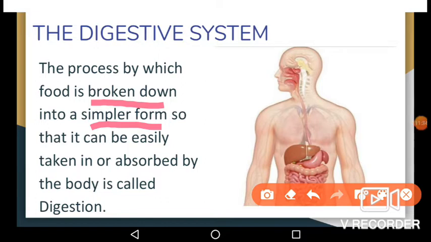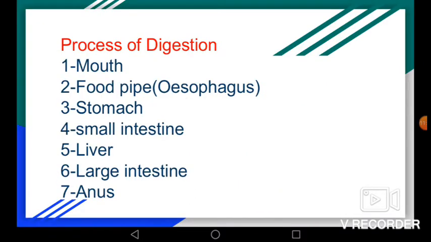Now here, the diagram given here represents different parts of the human digestive system that convert food into essential nutrients absorbed by the body. The process of digestion starts from the mouth. Here food is broken down by biting and chewing. This chewed food mixes with a liquid called saliva, which helps in digestion.